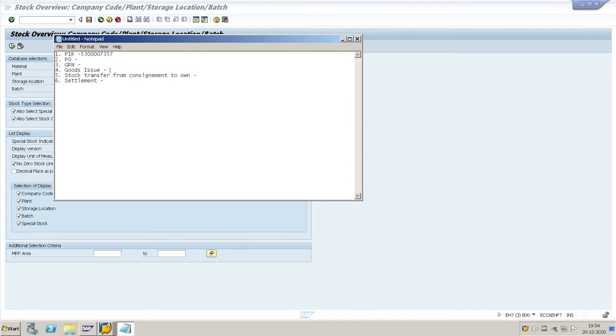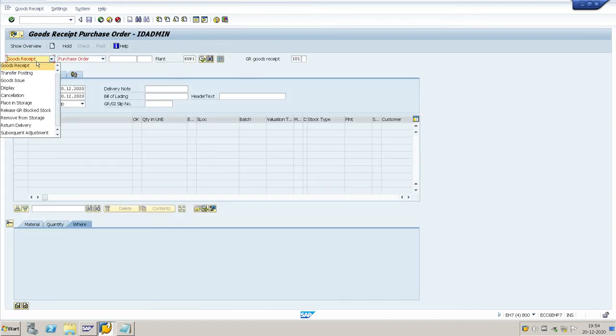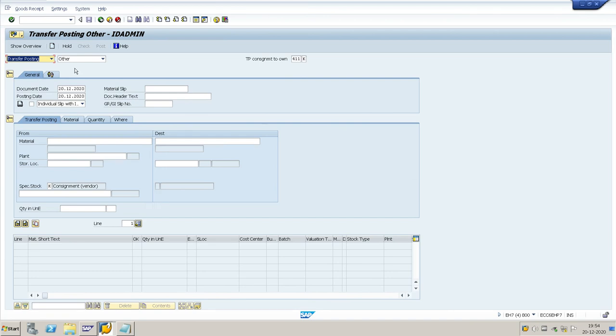Then stock transfer from consignment to own stock. This also goes through MIGO, transfer posting. The movement type is 411. The special stock is K. K means consignment.